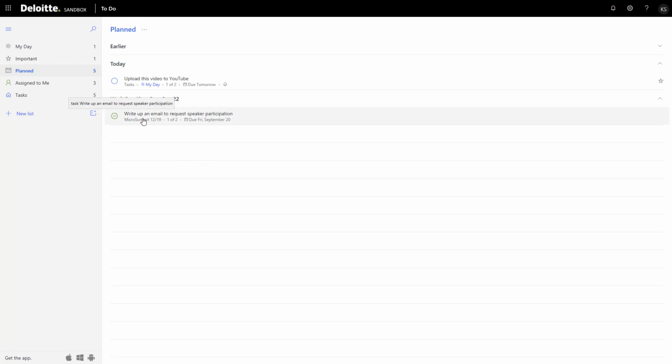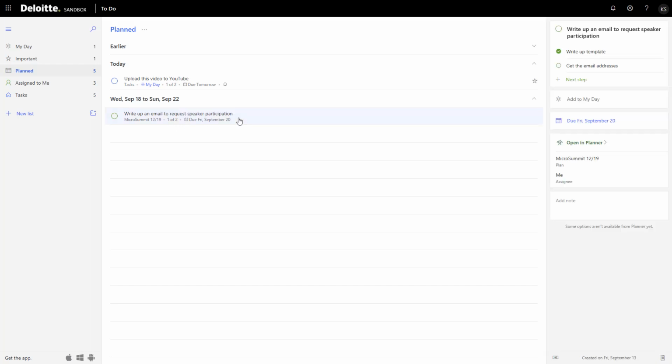And these green items, ToDo is nice enough to give you a color coded scheme so you can tell which thing is from this application, and the green ones come from Planner. As well as you can see which planner it came from. This is from a plan called Microsoft Summit. It's got some steps that I've got to complete, and if I select it, I do get to see some of the details of this task in Planner,